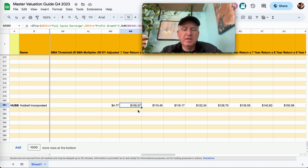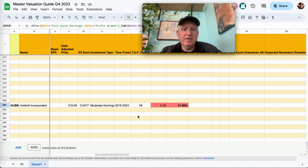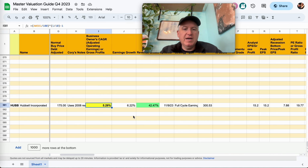So the first year, if you get the 6.5% growth or 6.22%, you have about $5.07. And then that $5.07 grows at that rate for 10 years. And after 10 years, you have $167.50, including your original $100. So if you put that in a CAGR calculator, which is what my spreadsheet does, you have a 10-year 5.29%